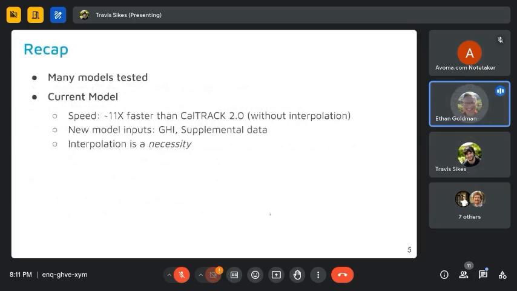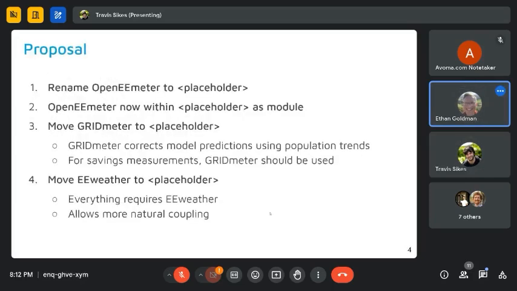What's it going to do in terms of history and code? I mean, you're basically going to start a brand new project and then just drop this in there as version 1, right? No. So currently we have a branch inside of OpenEEmeter where we have moved GridMeter over, and we have also moved the entire Git history from GridMeter into EEmeter through that branch.